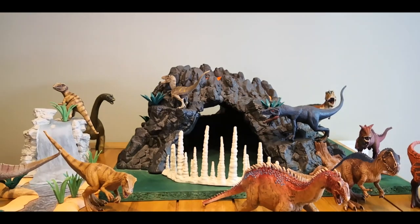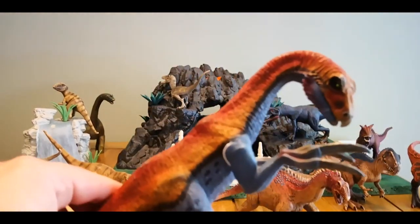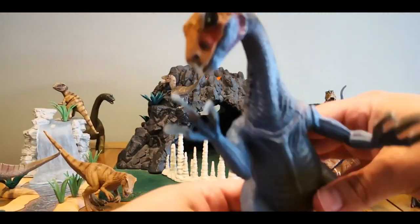I just thought about that dinosaur. Which one? This next one? Yeah. Oh, you're going to give it away. The next dinosaur that we're going to look at. In fact, there's two of this that we're going to look at. We're going to look at the Schleich Therizinosaurus, and here it is from